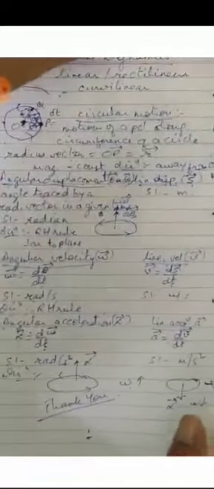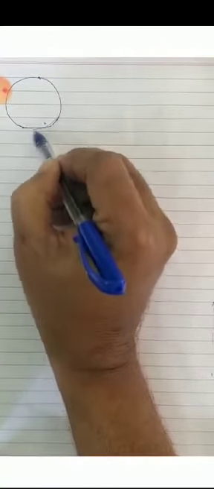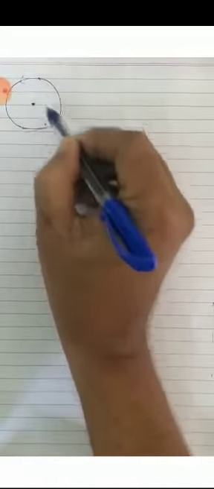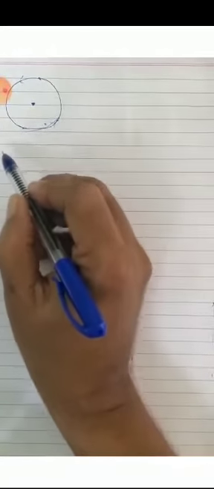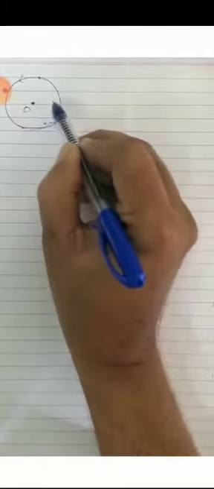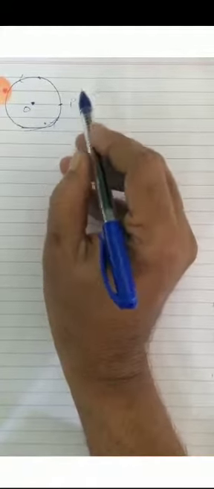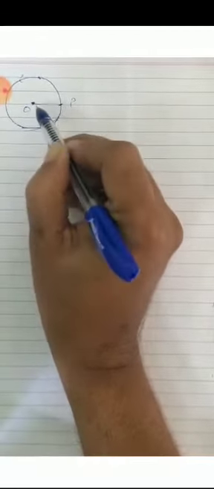Now let us move further for this rotational dynamics topic. When any particle is performing a circular motion, there are many different physical quantities which arise over here. Suppose the particle is performing circular motion in anti-clockwise direction, in this way, and O is the center of the circle, and suppose P is the point which is the initial position of that particle.